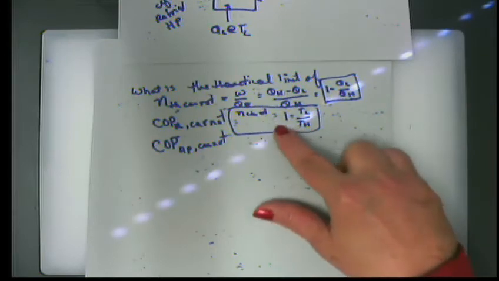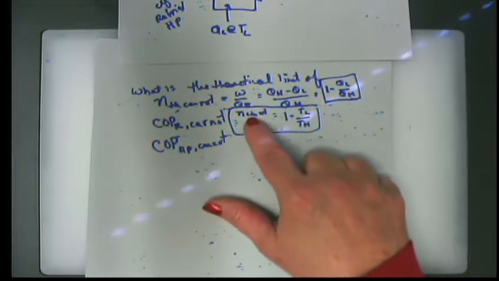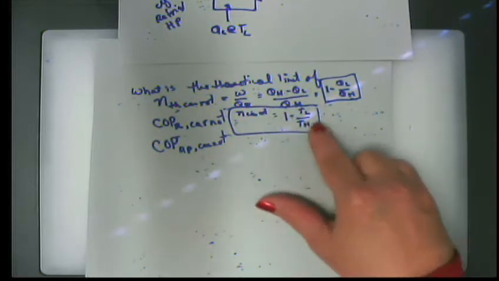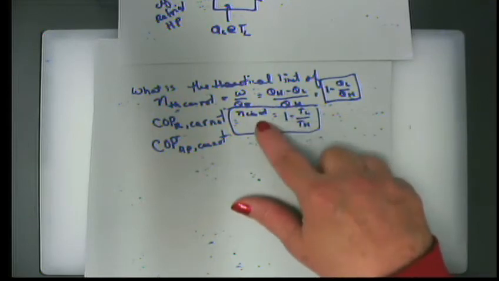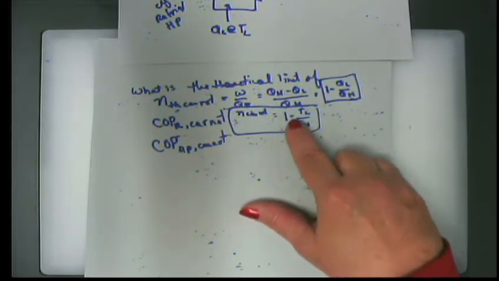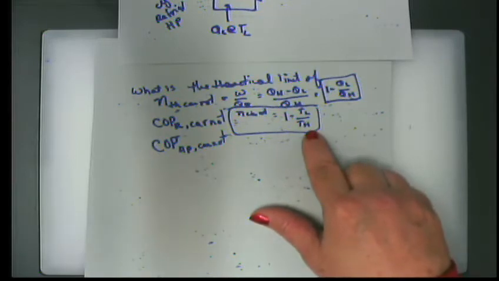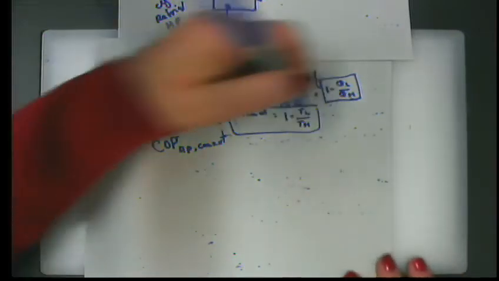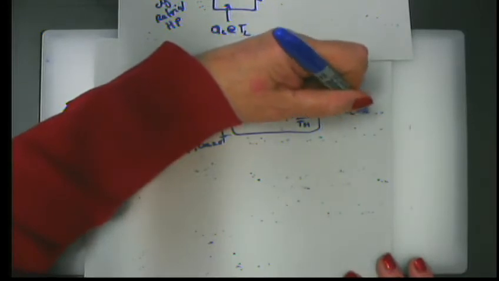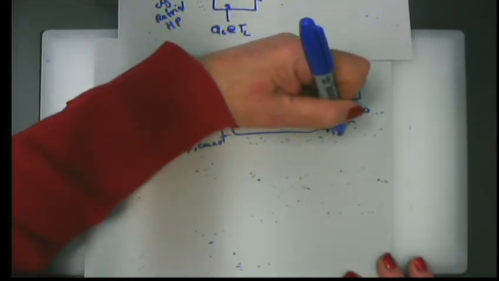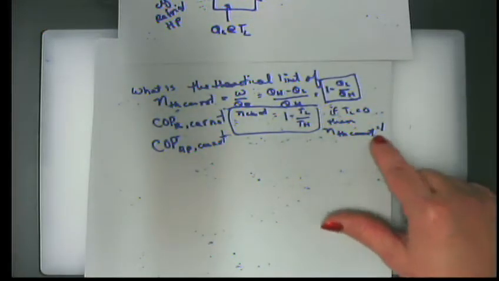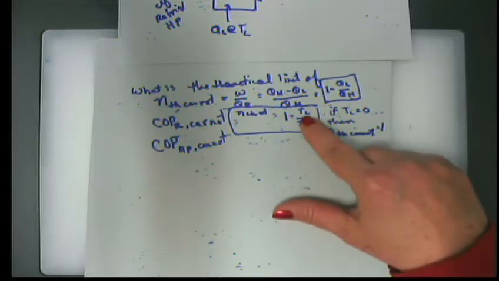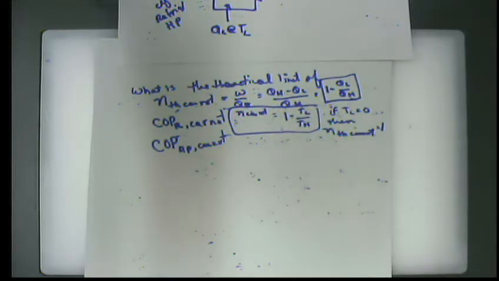Now, the other thing I would like you to notice, I've already noticed it, but if you look at the thermal efficiency of a Carnot cycle, how would you make this equal to 1? In other words, how could I have a Carnot efficiency equal to 100%? If it's 1 minus T sub L over T sub H, say it? Yes, if T sub L were equal to 0. If T sub L equals 0, then Carnot efficiency is equal to 1, which is 100%. So that means if we are rejecting heat to absolute 0, then we would have a 100% efficient Carnot cycle,